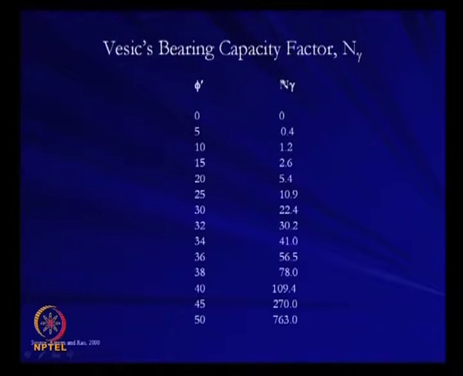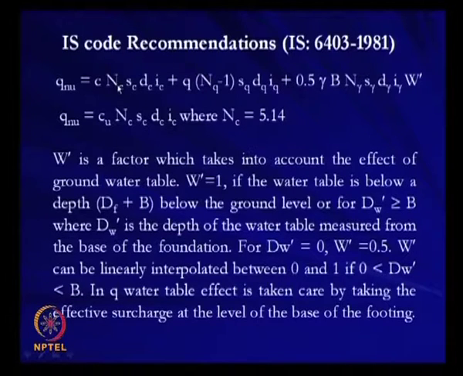Now, when we have to calculate Nc, Nq and N gamma, it is similar to the basic recommendation. In the basic recommendation, these two values, Nc and Nq, we can calculate by using the Meyerhof bearing capacity factor table. That means the Nc and Nq for the IS recommendation are the same as the Meyerhof or Hansen's bearing capacity factor values.